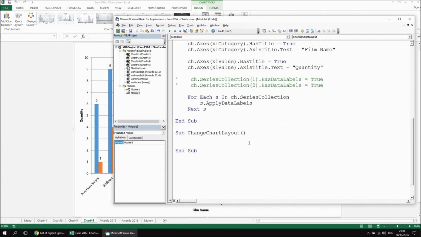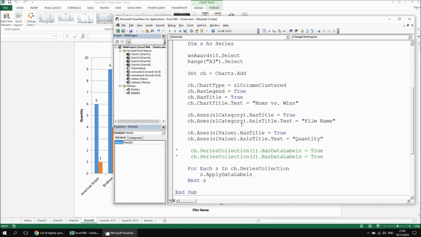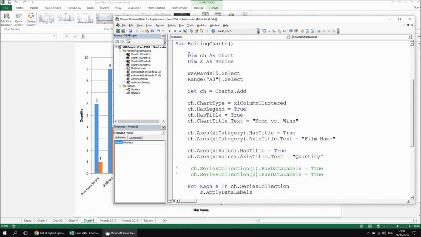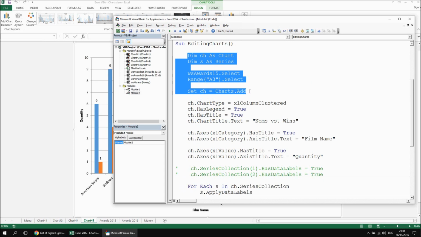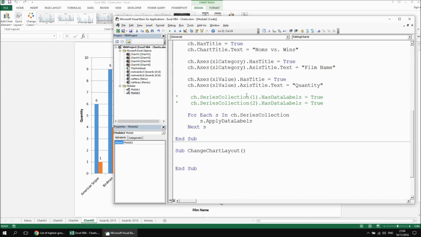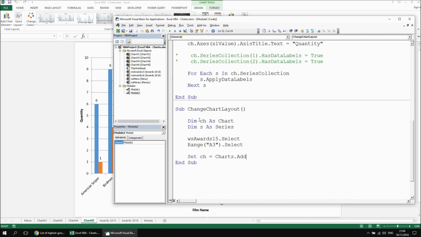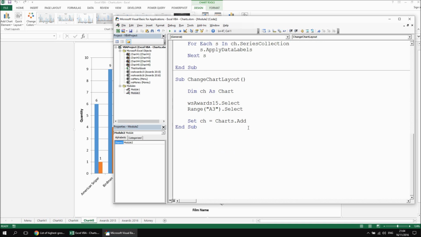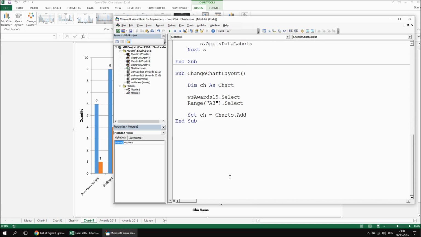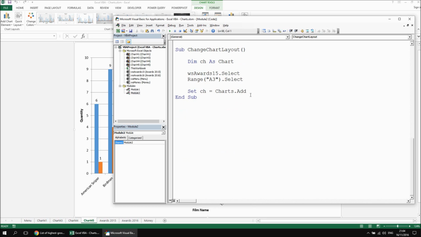At this point I'm just going to scroll back up to the previous subroutine and we'll cheat a little bit, we'll copy and paste some code. So let's have a quick look at copying and pasting everything up to the part where we create the new chart. Scrolling back down again, we can paste that in and then we can get rid of the series variable, we don't need that here at all. So we'll just have added in a brand new chart at this point. It will be populated, but we haven't assigned anything like titles and legends and data labels, etc. So what we need to do in order to make that work is say